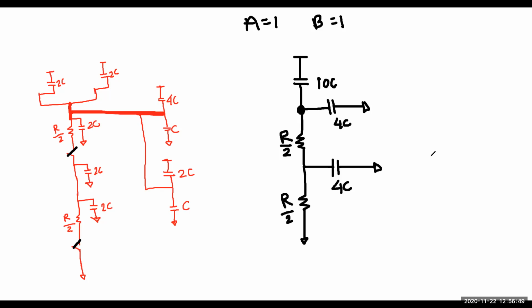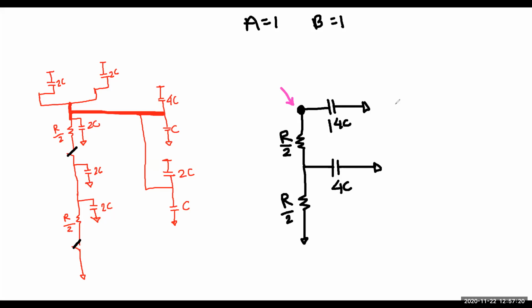Now the problem is here we can actually call these two capacitors 14C, right? Because they can be parallel, but they are not series. They are definitely not series, but they can be parallel. So that's why we can call them what? 14C. This is our output point.